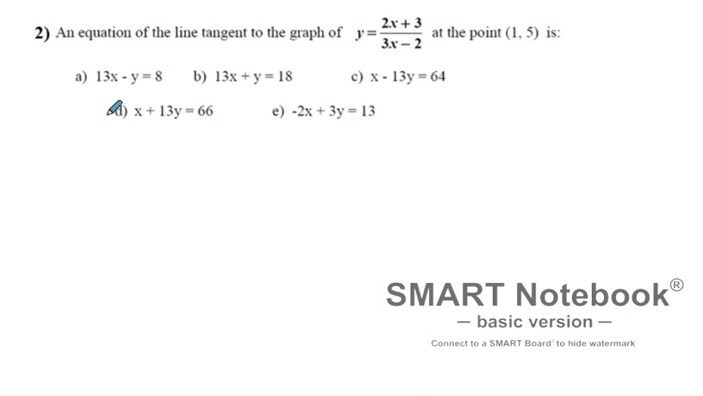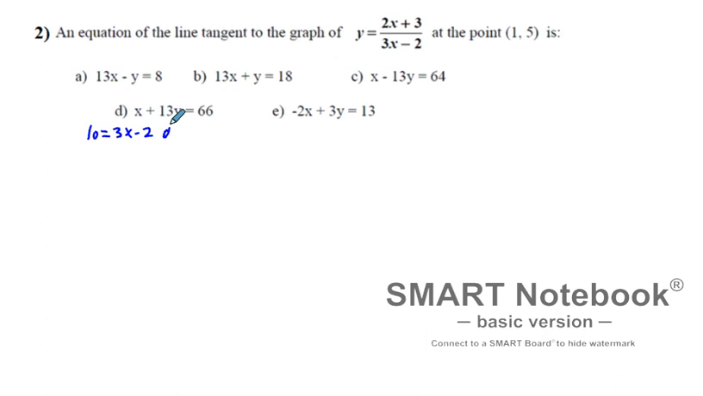Next, problem 2. An equation of a line tangent to the graph of y equals (2x plus 3) over (3x minus 2) at point (1, 5) is, and you have answer choices. This is what's called a rational function, a ratio of two functions. In ratios, where we have one function divided by another, we can use something called the quotient rule. To use that quotient rule, we're going to find first what low is. The low is going to be 3x minus 2,